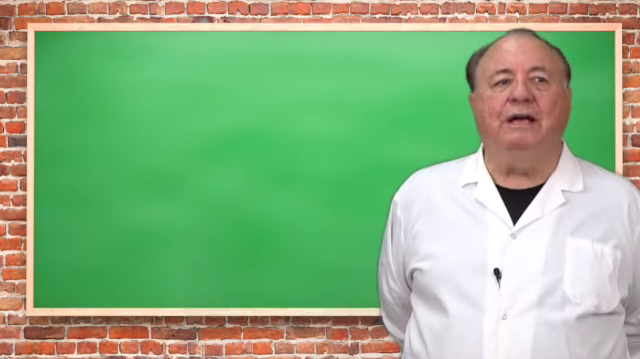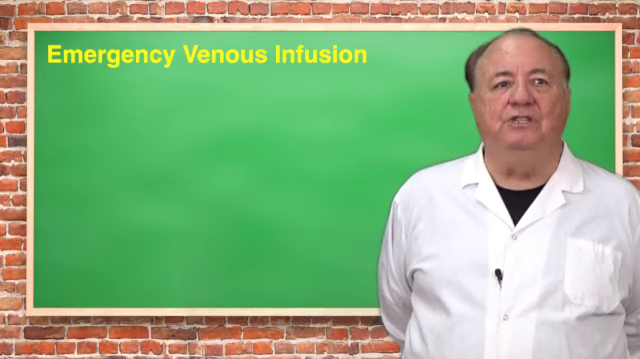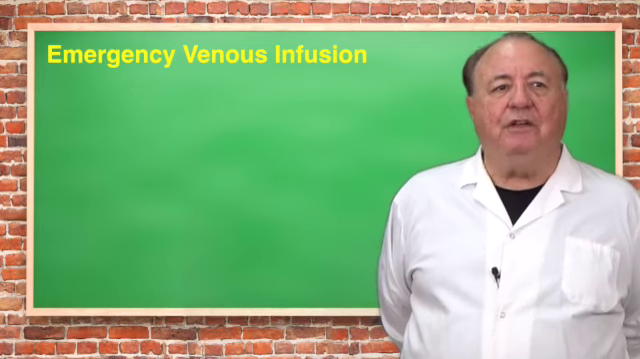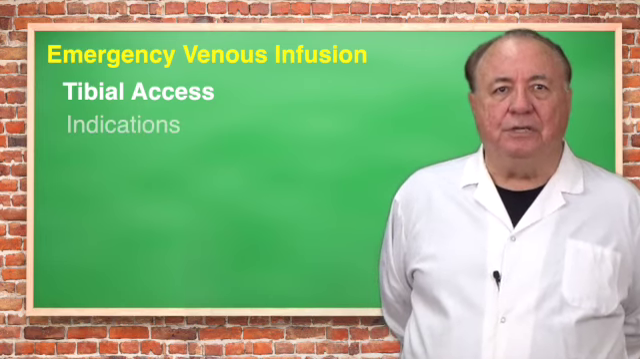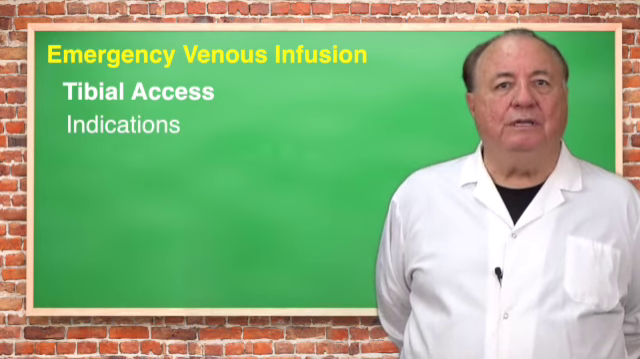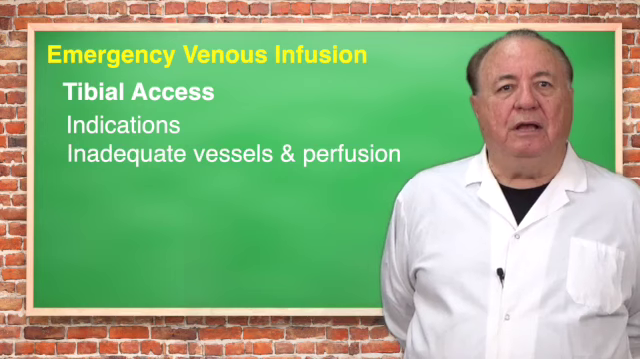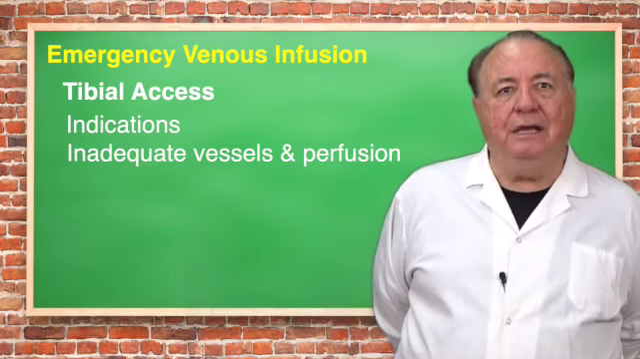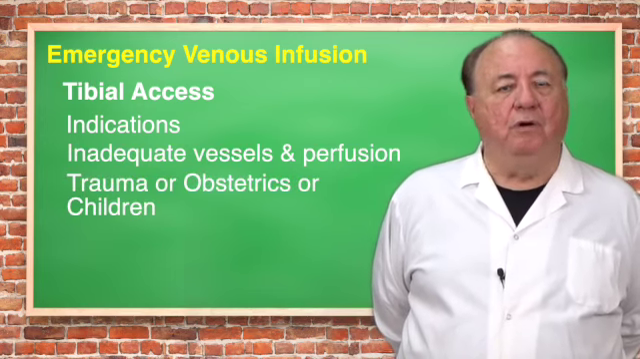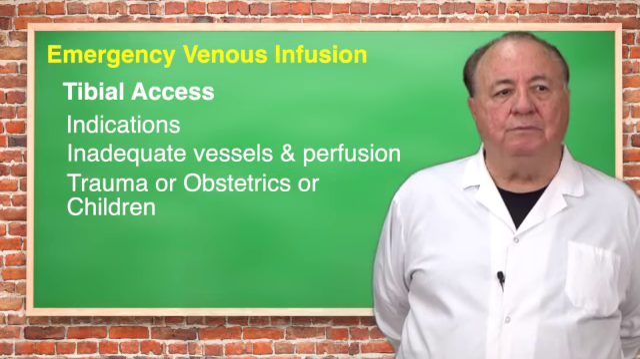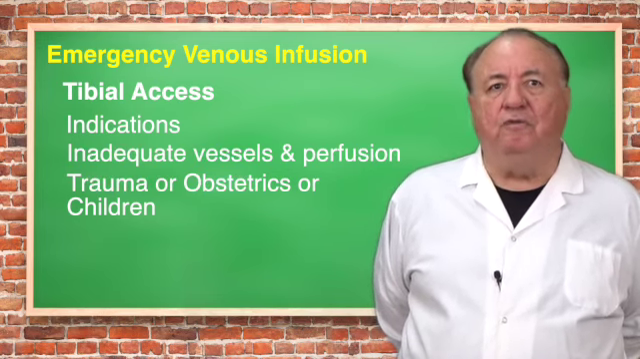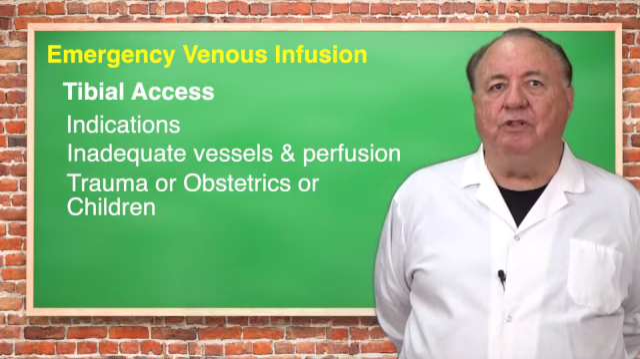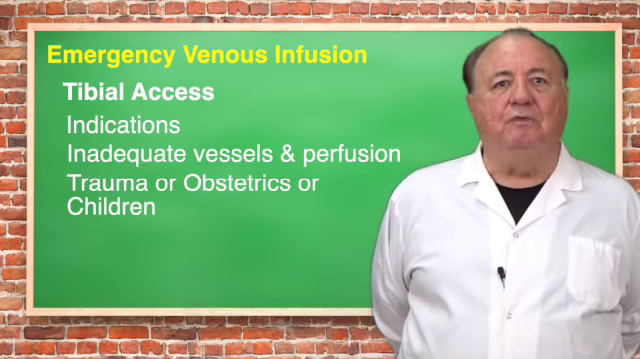Today, we're going to look at the topic of emergency venous infusion, specifically tibial access. What are the indications? Inadequate vessels, inadequate perfusion in trauma or obstetrics, or in children. So shock is the major indication for venous access, and when you don't have adequate access, the tibia is there